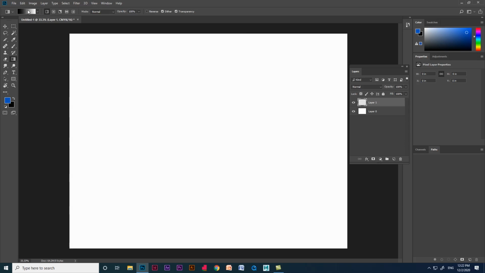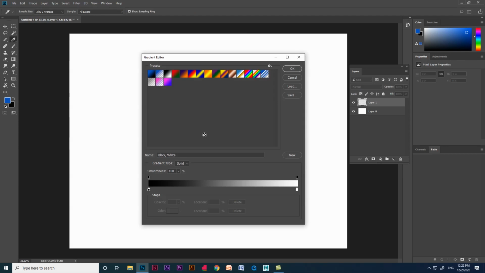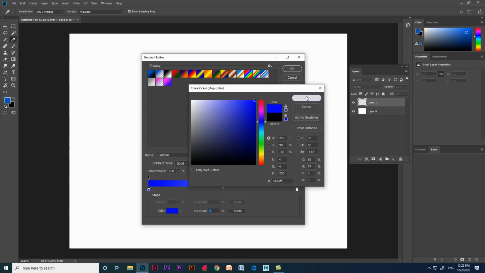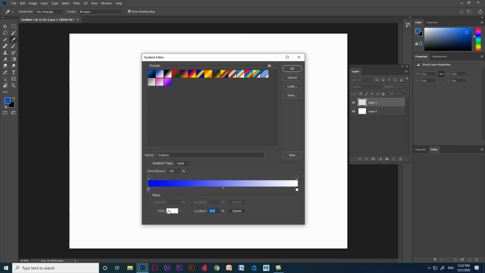Now let's change the color of the gradient. Click the gradient bar. It will open the gradient editor. If you look at the gradient bar, we have small little boxes which we can use to change the color, and we can also create small boxes like that to add a color. So for example, let me select this box and change the color and show you. Now let's add some colors in between on the gradient bar. For that, if you take your cursor near the gradient bar, you can see a hand option. If you click, it will create the boxes, so you can change your color.